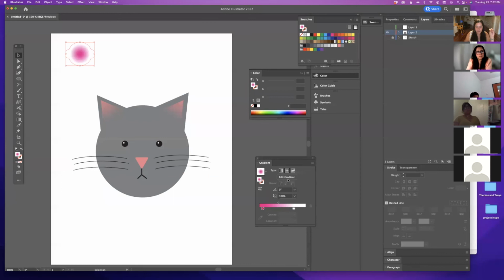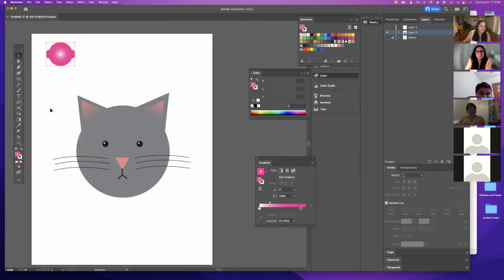And I did a radial, but it was the wrong direction. So I have a radial gradient going on, but really, if you're thinking about how an object catches light, it won't always be exactly in the center. So that's where you get this gradient tool again, and you can have it catch the light from the corner.